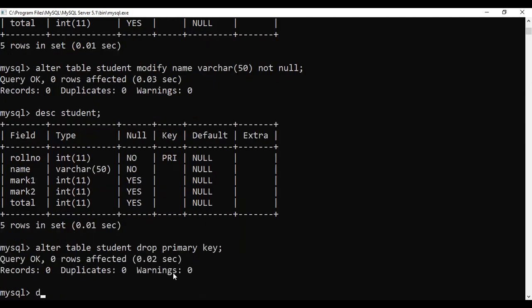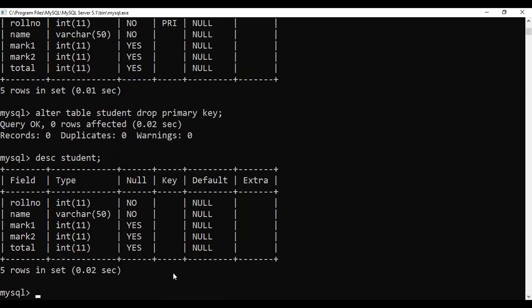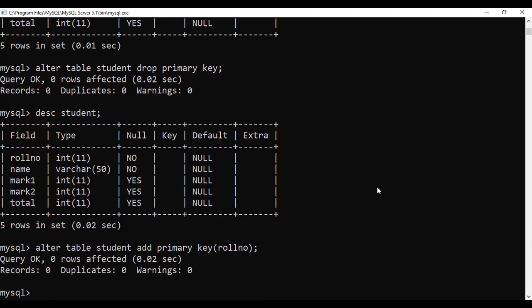When I say DESC student, you can see that the primary key that was there earlier got deleted. Now if I want to add that constraint back, alter table student add primary key, and in the brackets you have to specify which column is to be the primary key. Then we check DESC student.